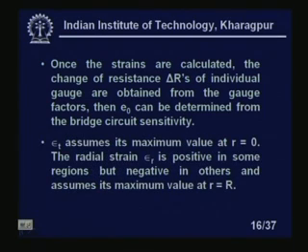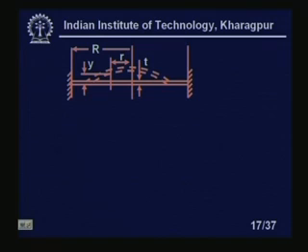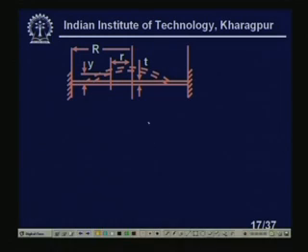Now, epsilon t assumes the maximum value at r equal to 0, and the radial strain epsilon r is positive in some regions, but negative in others, and assumes its maximum value at small r equal to capital R. You see here the diaphragm, how it looks. This is the position parameter small r. At any point, what is the deflection, and the height at this particular point is y, and